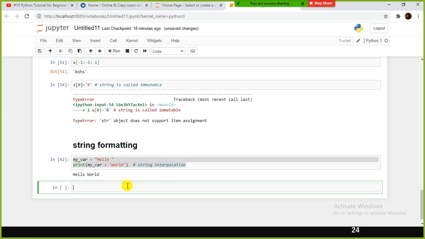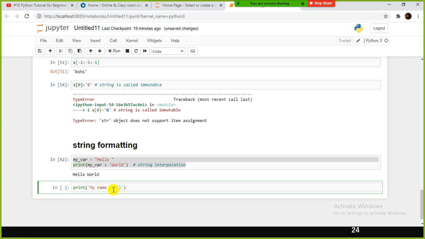Also we have the format method available, using which you can format it. But now you have something called f-string. F-string is the most widely used, popular formatting approach. Anyhow, I'll show you this one also. Let's say my name is something like that.